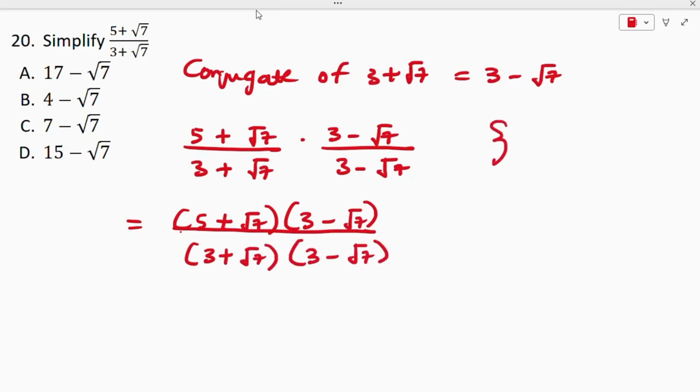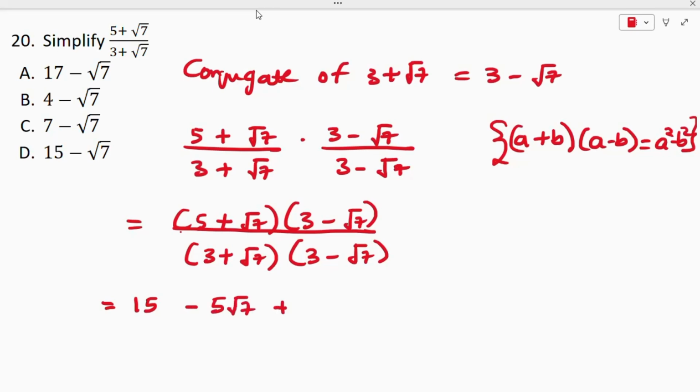Now for the denominator, if you apply this property that says if you have a plus b multiplied by a minus b, this is equal to a square minus b square for the denominator right here. So now let's simply expand the numerator. 5 times 3 is going to give us 15, minus 5 times root 7 is going to give us 5 root 7, plus root 7 multiplied by 3 is 3 root 7, plus times minus is minus. Root 7 times root 7 is going to give us root 7 all square, divided by